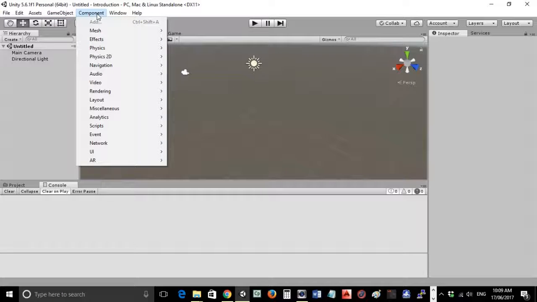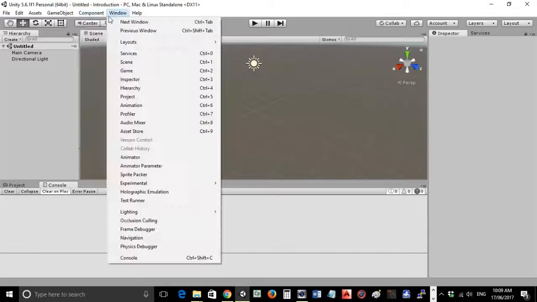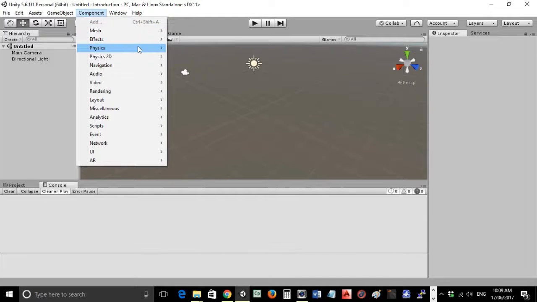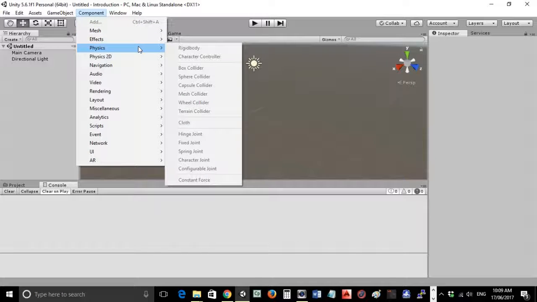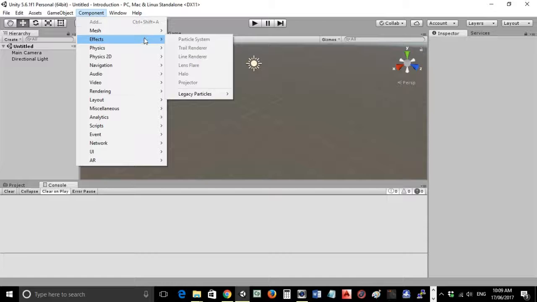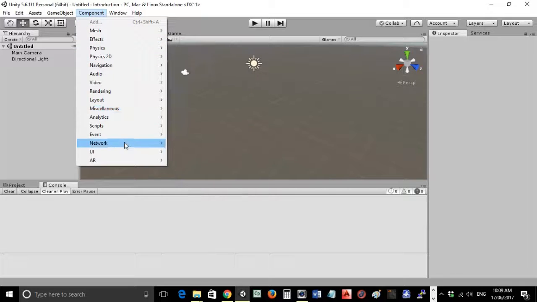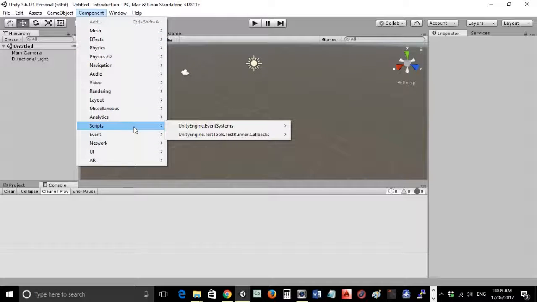Moving on to components. Something else that you can add to a game object is a component, and there's a whole lot of different things, and one of the most common things is physics, where you can add some colliders, and you can add some effects, and all sorts of things. And one of the other main things is you can add scripts to those game